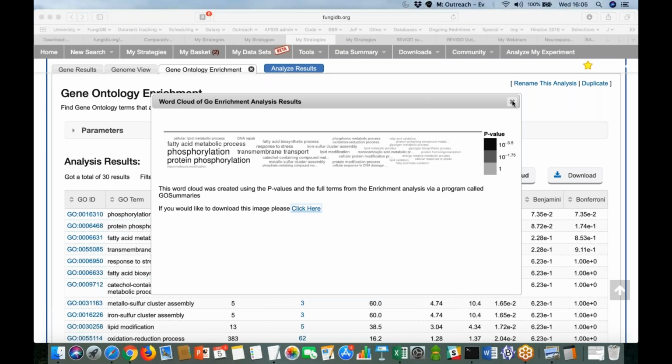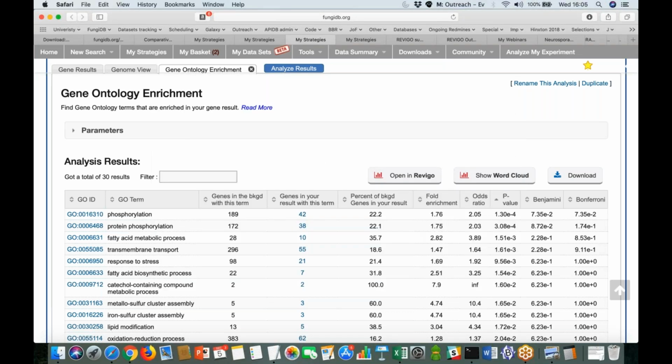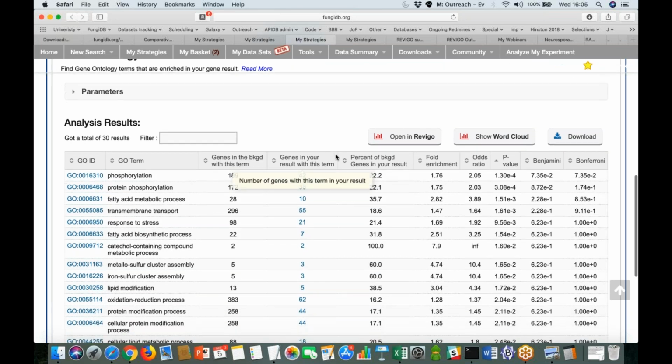There's another useful thing that you can do with your terms: look at them a little bit further and potentially also use them in the search queries later on. The genes corresponding to the GO terms listed on the left are also linked. So for example, for phosphorylation, we have found that there are 42 genes in your result enriched for the GO term